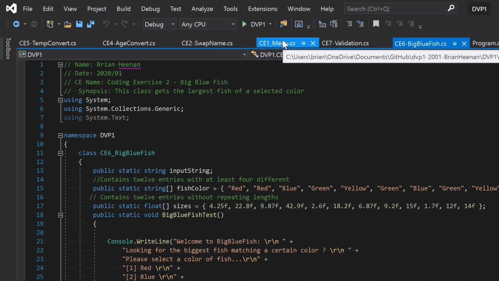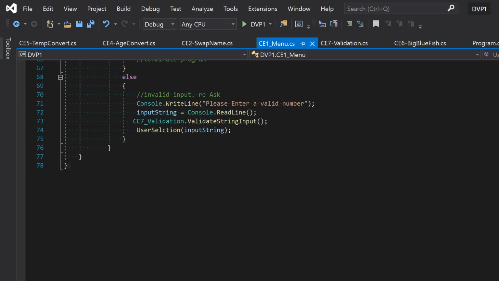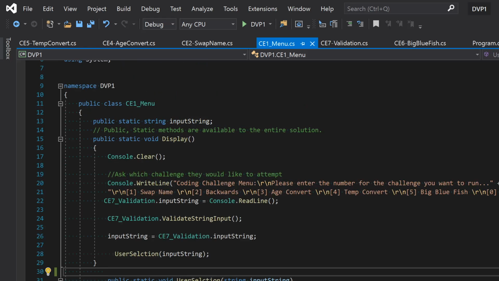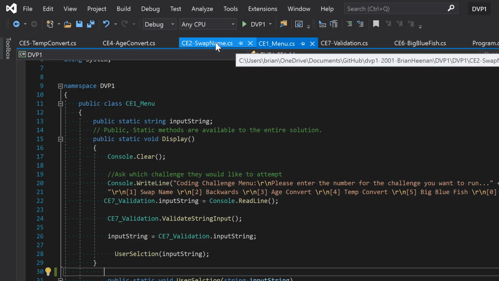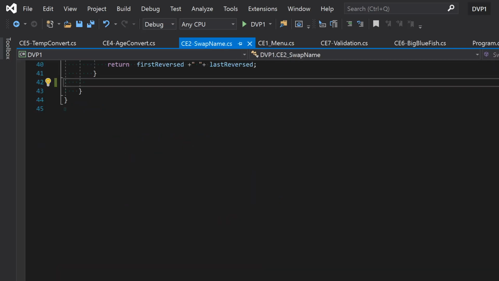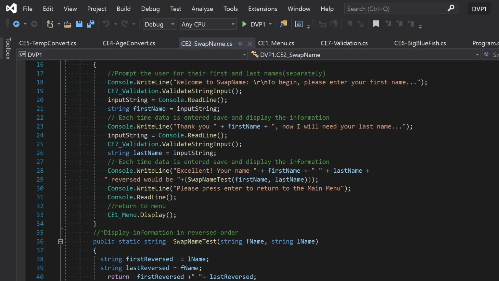The first portion was to build out a menu that the player could use to select the different coding challenges. Then the different coding challenges were built out. So you can use any of these coding challenges: the swap name, backwards, age convert, temp convert, big blue fish. And then the validation script is just where I centralized the